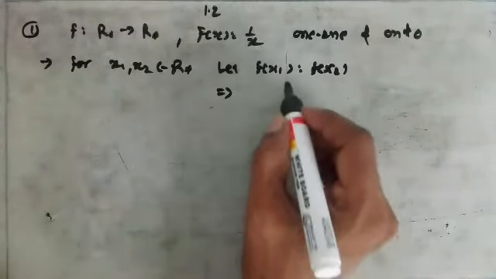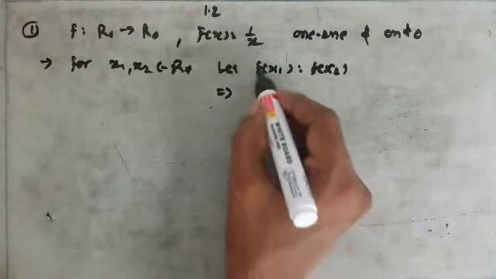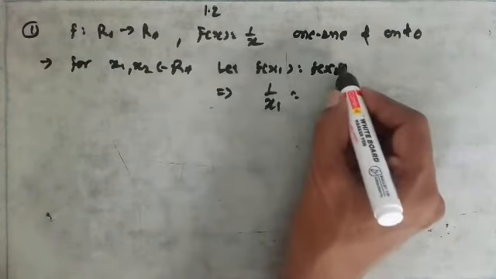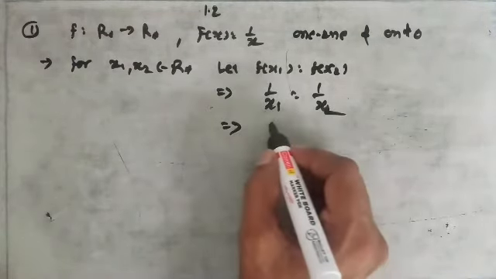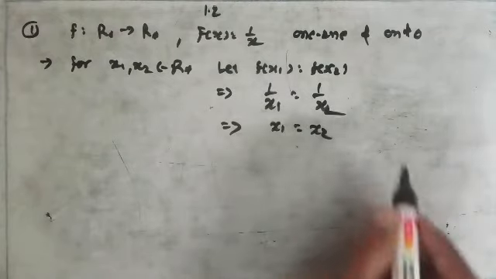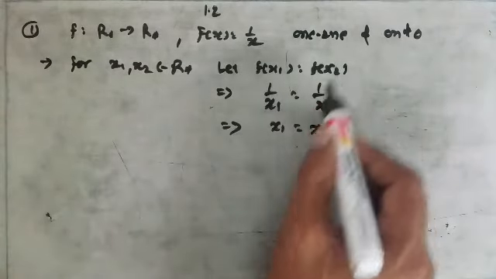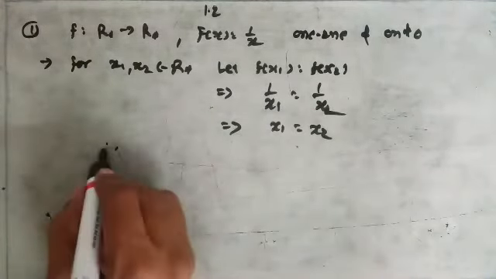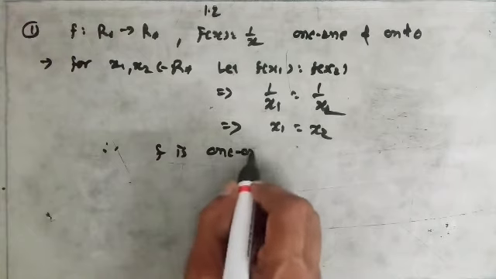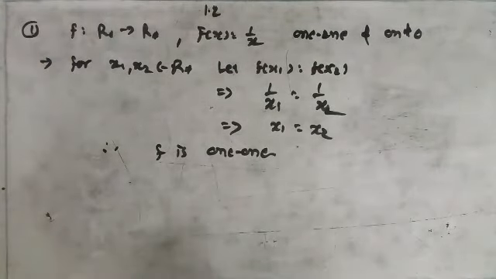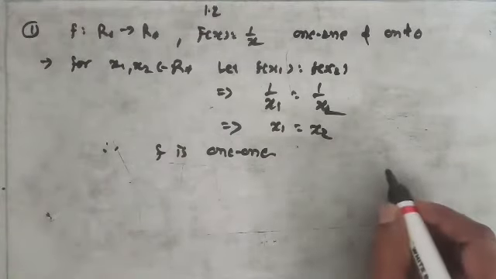f(x1) is equal to, we know that image of x under f is 1 upon x. So image of x1 under f is 1 upon x1. Same, image of x2 under f is 1 upon x2. So, both sides take reciprocal, we get x1 is equal to x2. So for all x1, x2 belongs to R*, f(x1) is equal to f(x2) implies x1 equal to x2. Given function f is one-one function or injective function. Now for onto, we know how to prove this given function is onto.